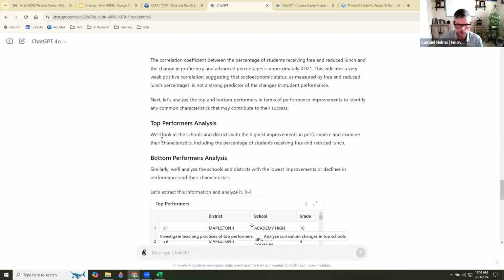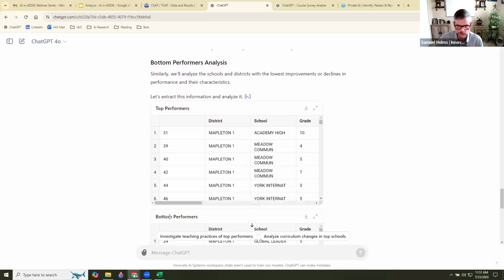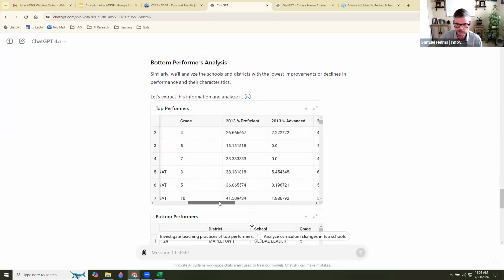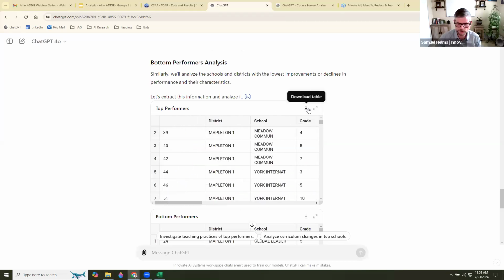So here we go. Top performers. We'll look at the schools at the top. Oh, I don't know if it did that. Bottom performers analysis. Let's see. So Mapleton, you can pull, these are all interactive in here, and I'll show all the scores that I calculated through here. These are of course downloadable